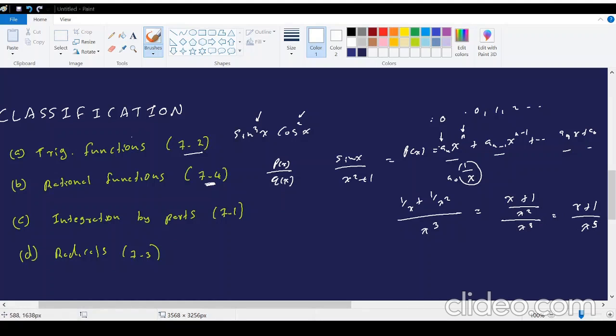And for integration by parts, what we look for is a transcendental function. That means if we have e^x or sin x, cosine x terms along with a polynomial, right, then most of the time the integration by parts technique will work. Okay,